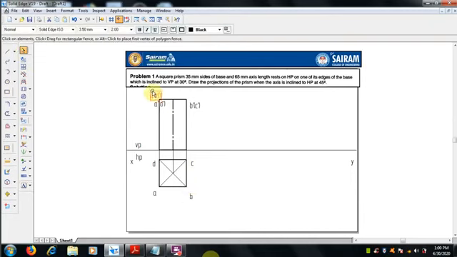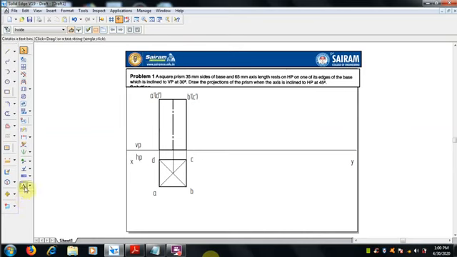Now just align for the visibility. In the front view, the top face letters notation is given, and for the bottom face we also have to give 1 2 3 4.